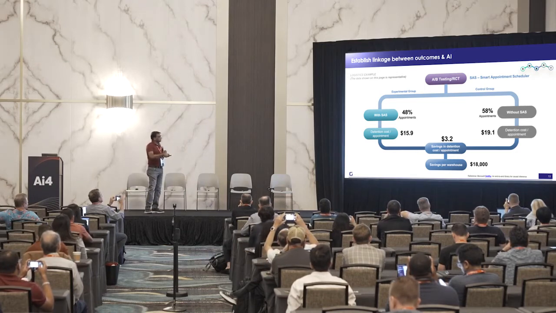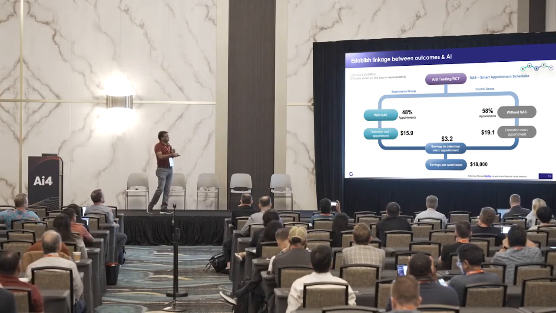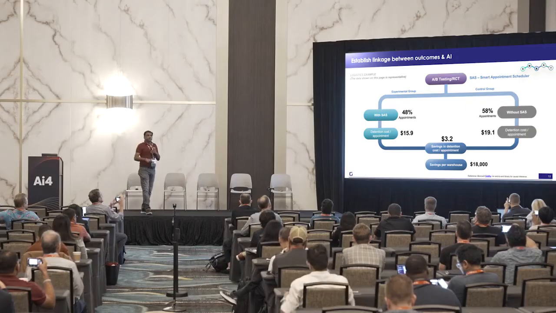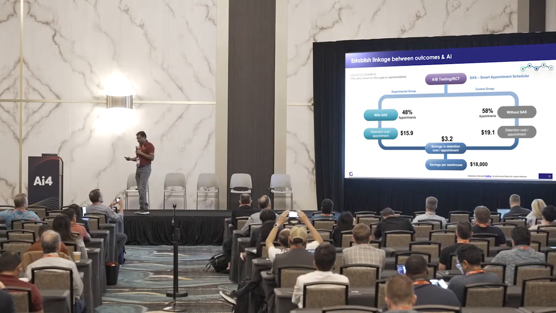Essentially, this is one where the AI model is running, and we ask, once I run this, what would have happened? So my detention cost would be $15, whereas without the AI application, my detention cost is 19. Yes, it's proven. You've got to repeat this multiple times in various scenarios. When you do this, that is where you're linking an outcome with an AI application and proving a point that this is what eventually will be the savings.